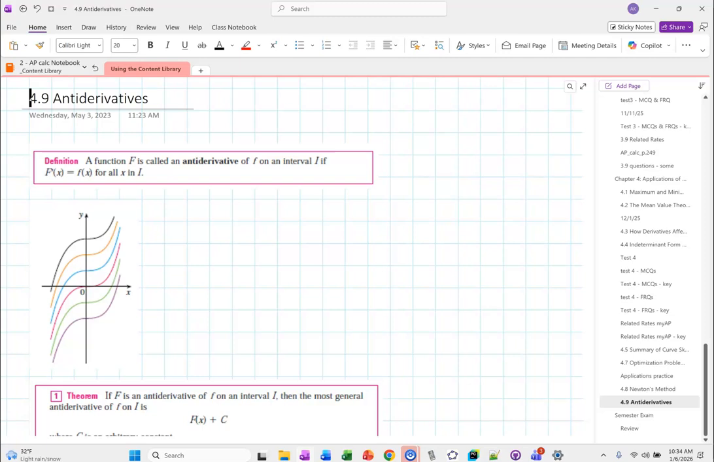Okay, so it's all the same topic of recovering the original function from the derivative, and how do I do that? And what does that allow me to do then afterwards? Like, what application can I use that technique to do? For